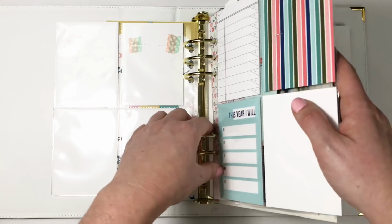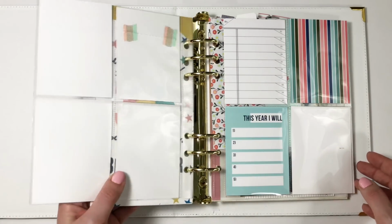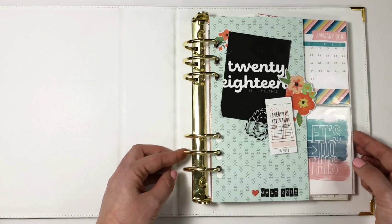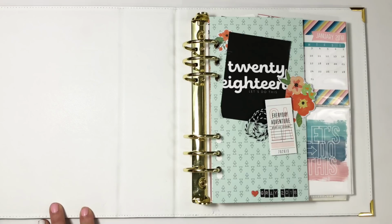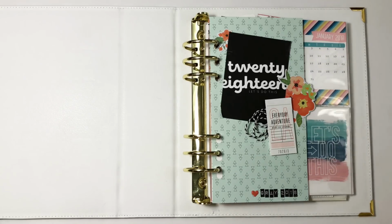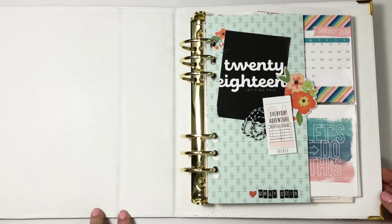And the other part of it too is just that I'm really excited about this. So I kind of added a little bit more than what I might end up doing. I might make it a little simpler as we go along. But I can tell you right now that I printed my second week of January, and I can count the number of photos from last week. 1, 2, 3, 4, 5, 6. 6 photos for one whole week. So they'll probably be